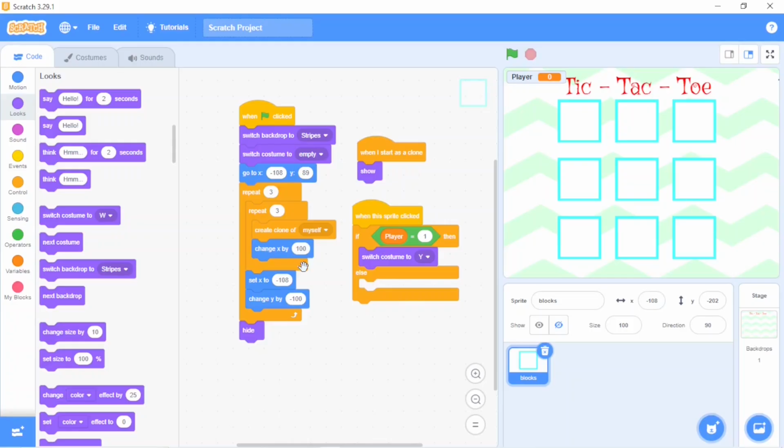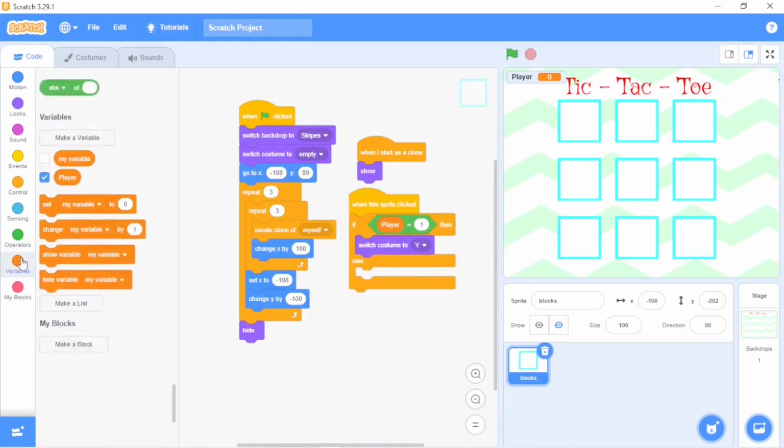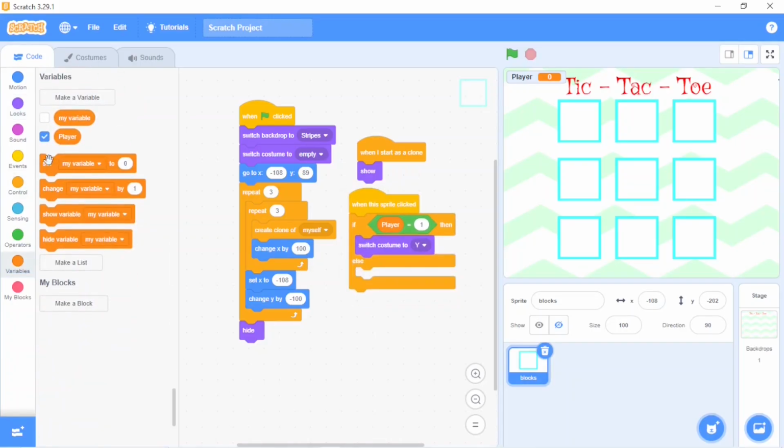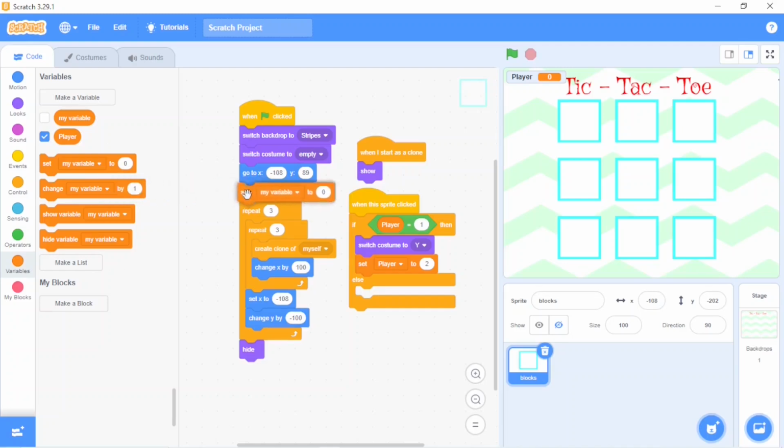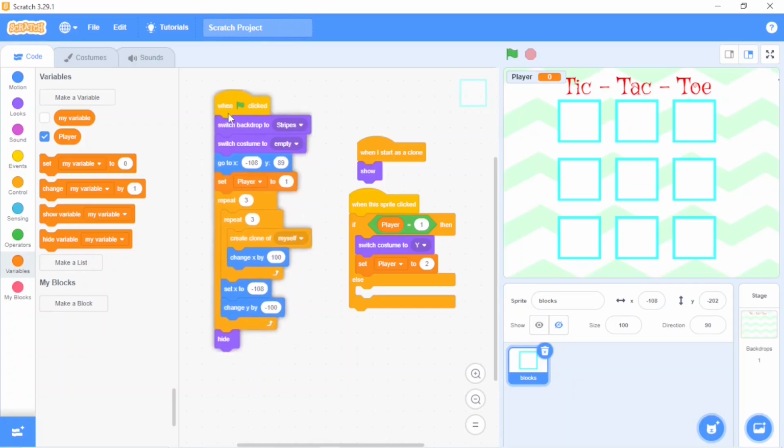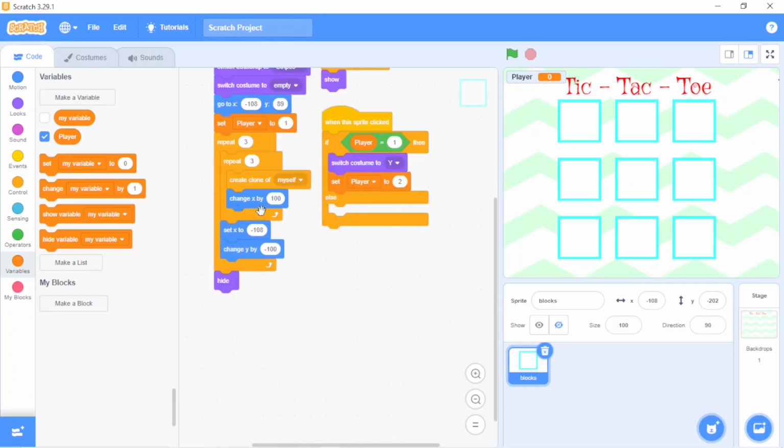So we can click on the next block. Go to variable and set the player to 2. When clicking on the green flag, the player should be set as 1. Yes. And next, else it's going to switch. We'll just duplicate it and I will place it over here. Instead of yellow cat, it should be white, and player 2, it should be 1.